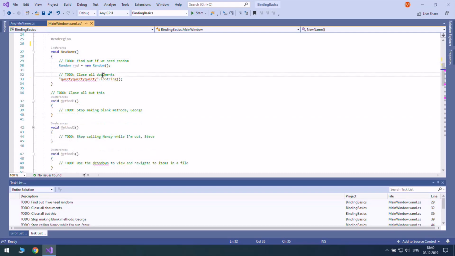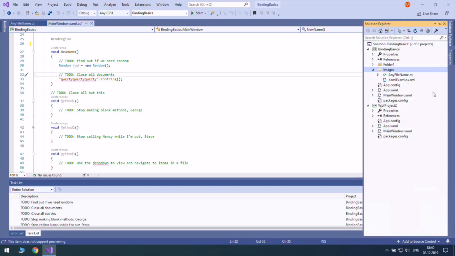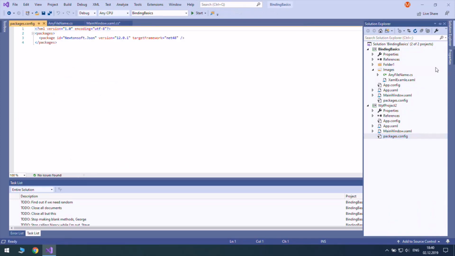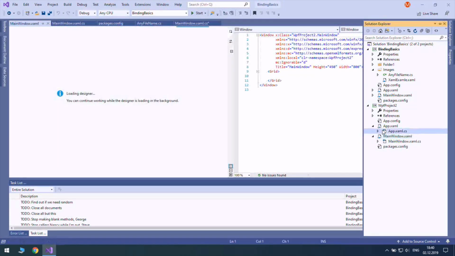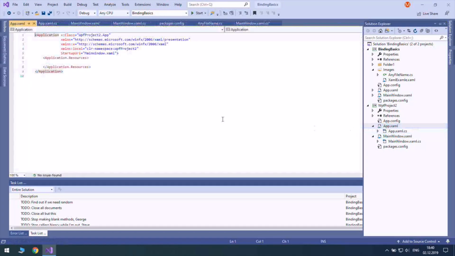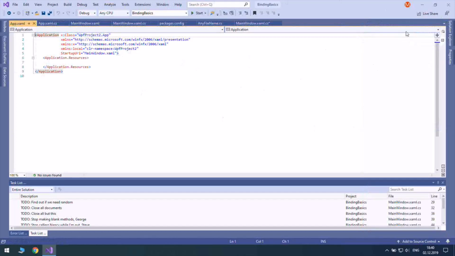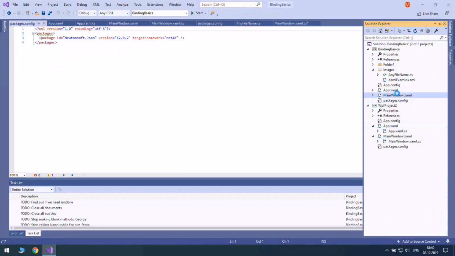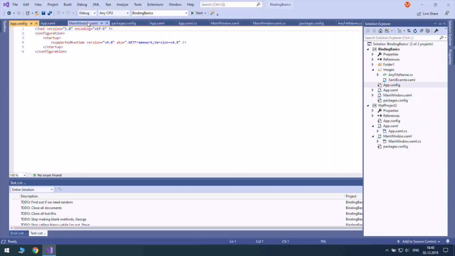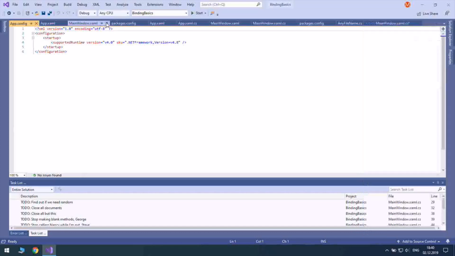Okay, close all documents. Again, very often when you have a really huge solution full of different classes, view models, controllers, and so on, you will end up with something like this. Of course, you could possibly navigate in it by, I don't know, closing some of them and so on, or using this arrow.